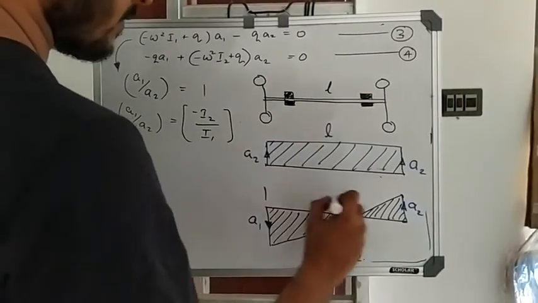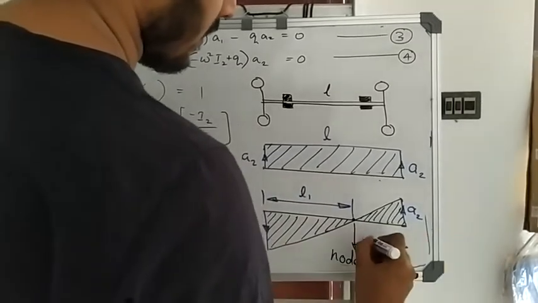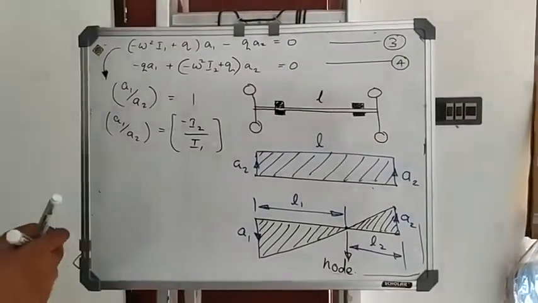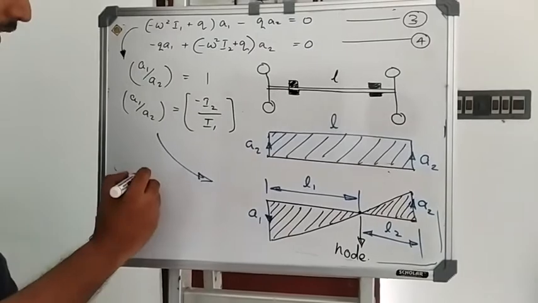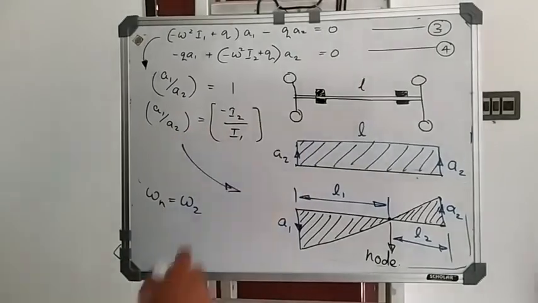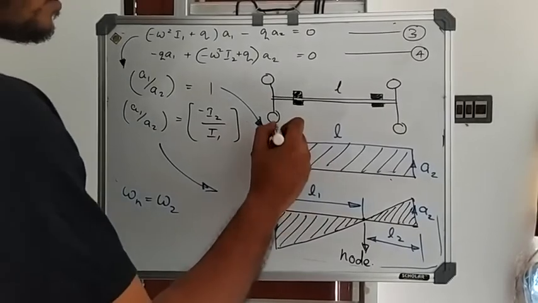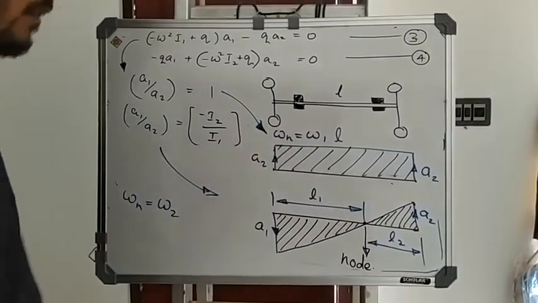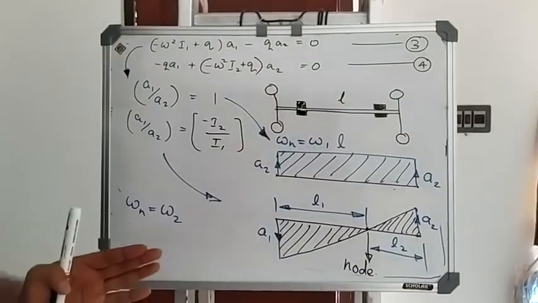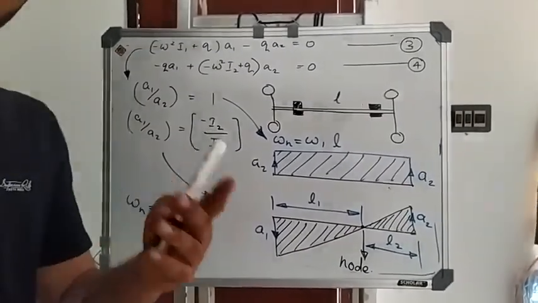Now, up to this one, the shaft length can be considered as L1, and up to this one, let the length of the shaft be L2. So, this is for the second mode of vibration, where omega n was equal to the value of omega 2, root of that particular value, and this one was for the first mode of vibration, where omega n was equal to the value of omega 1. So this is a simple representation of how the ratio of amplitudes is given with respect to a torsionally vibrating system which has multiple degrees of freedom.